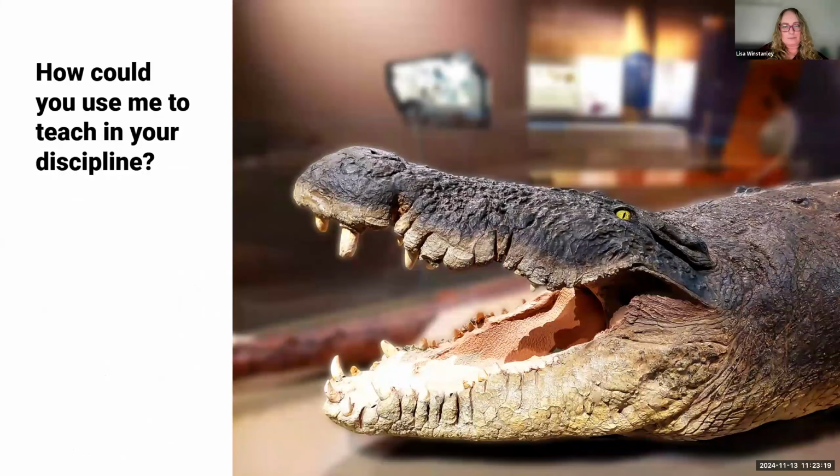So just to let everybody have a chance to think about this, we've picked an object. It is a crocodile. And just for 2 minutes in the chat, if you put a way that your discipline might approach this object, something that you would be interested in from your professional angle in discovering about this thing. So we'll give you 2 minutes and then we'll continue. Yeah, we're really interested to hear how you might approach this as an object within your classroom,